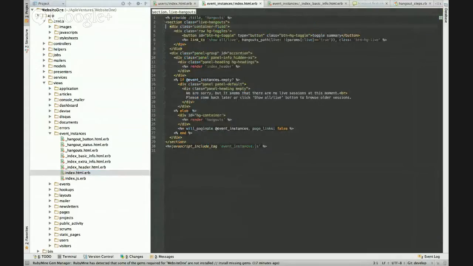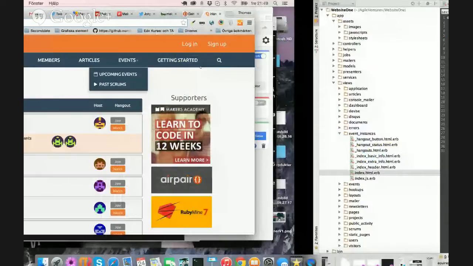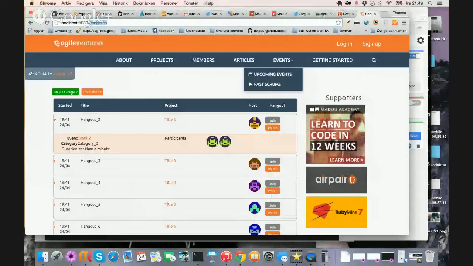Here it is. Button ID, class button age. So toggle summary, I don't know what that is. Where are these buttons? Toggle summary and show all live.